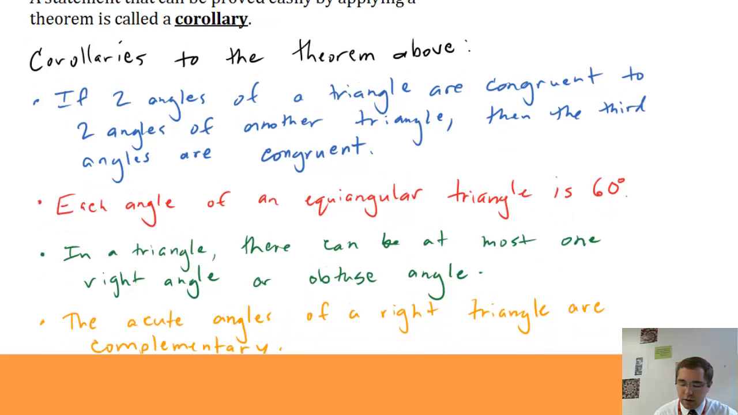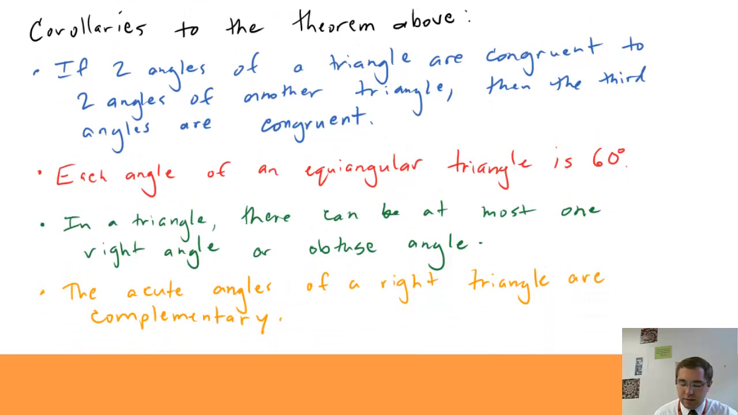Here are four corollaries to the theorem above, the theorem that said the three angles of a triangle always add up to 180 degrees. And these make sense. If two angles of a triangle are congruent to two angles of another triangle, then the third angles are congruent. If all three angles are adding up to 180 degrees, if two angles of one triangle are congruent to two angles of another triangle, those third angles have to be the same in order for each triangle to add up